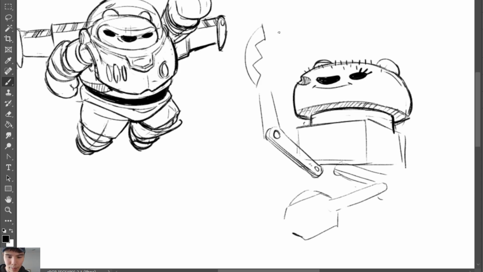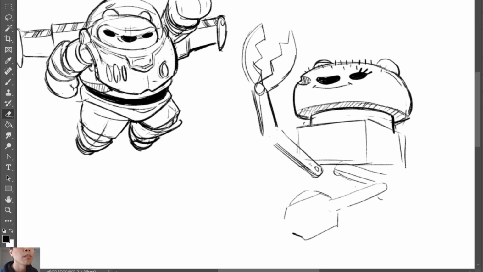It's more... little scratches and stuff on her.